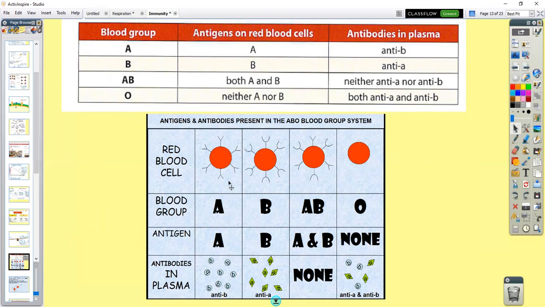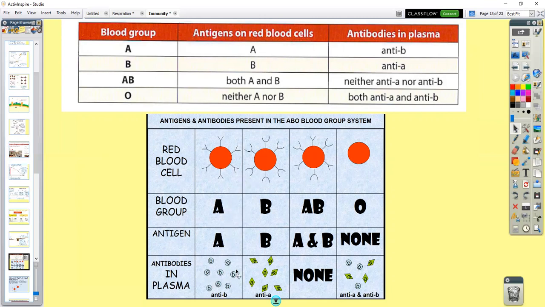Now you can see here blood group A has got antigen A on the red blood cell, and it has got anti-B antibodies in its plasma. So if that person of blood group A receives blood from somebody who is blood group O, it will have antibodies to attack it, attack those non-self cells, or those blood group B cells,